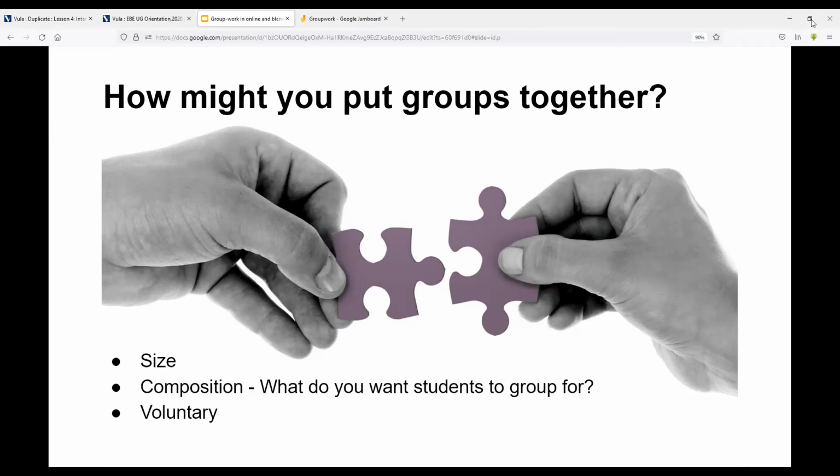So I wonder if anyone wants to unmute and say anything more about this group composition before I offer something that we might think about going forward. Tara, yeah. Am I saying your name right? Hello? I see an unmuted mic, but I'm not hearing you.